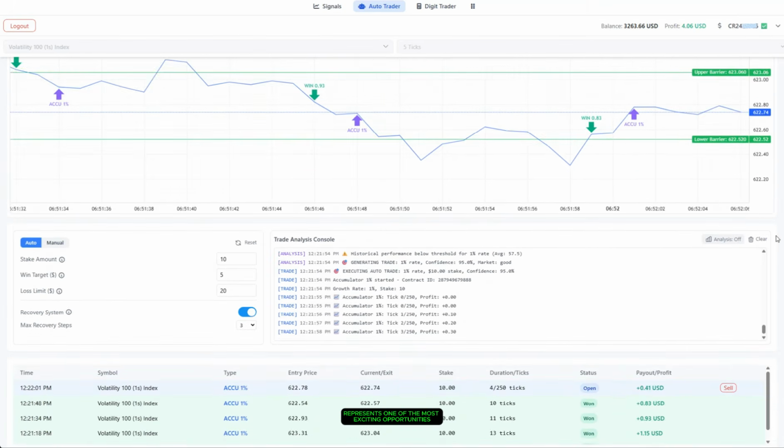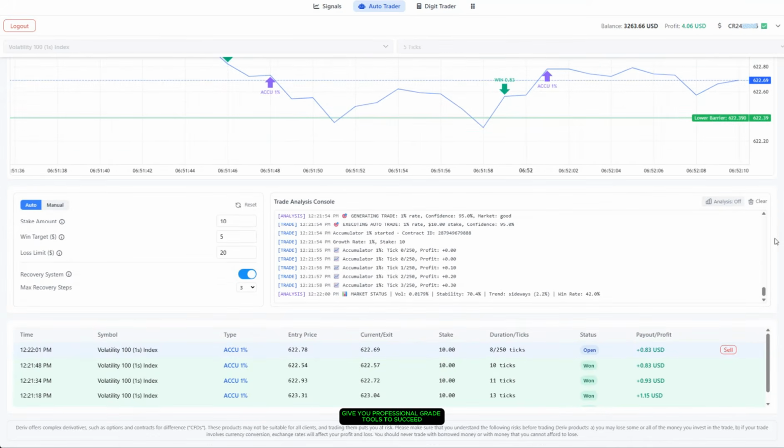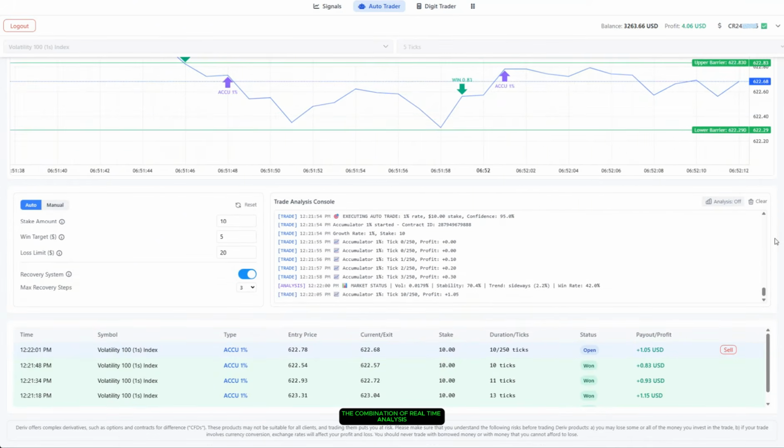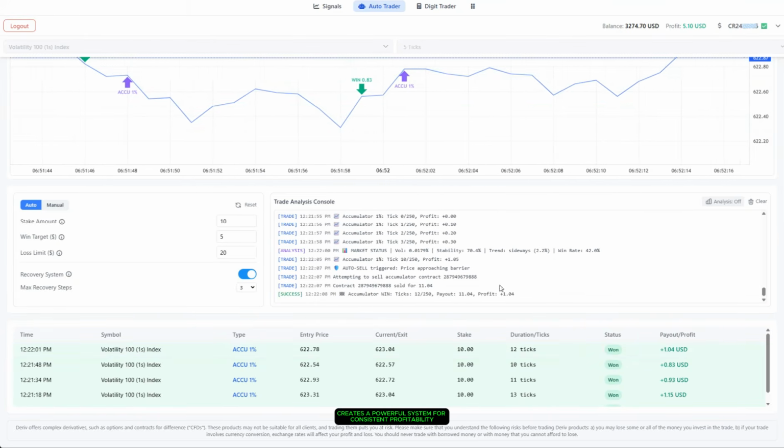Accumulator trading represents one of the most exciting opportunities in binary options trading today, and our NexTrader platform gives you professional-grade tools to succeed. The combination of real-time analysis, smart pattern detection, and automated risk management creates a powerful system